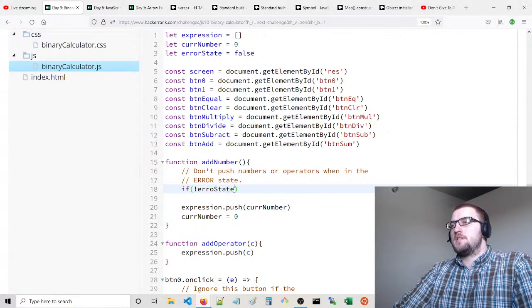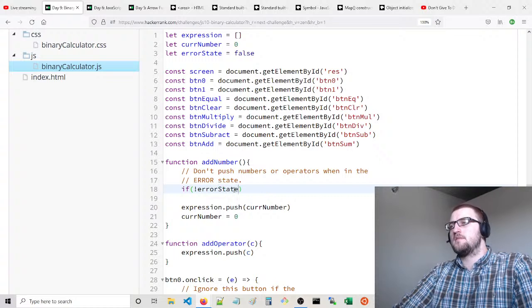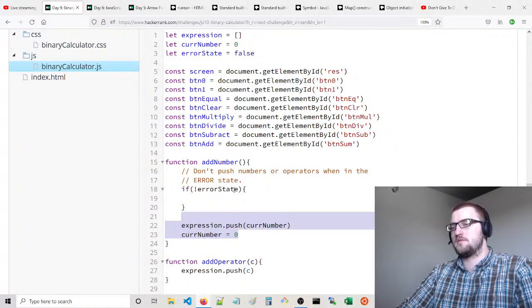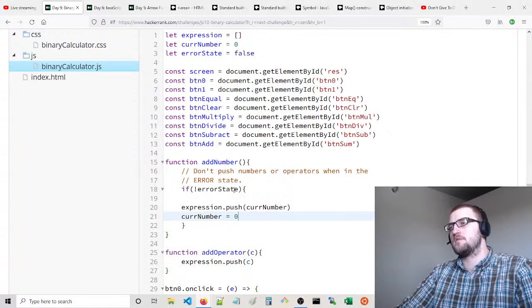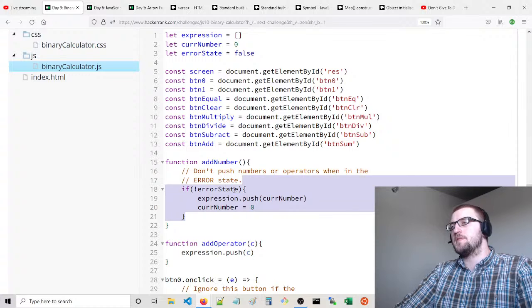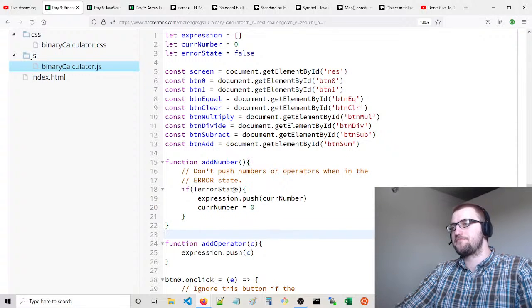Not error state. If you're not in the error state, we can push. If you're in the error state,